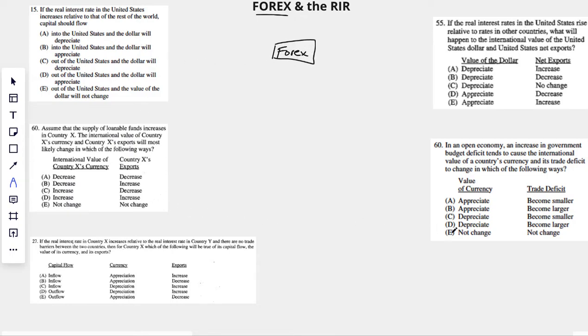These are all real interest rate questions from past exams having to do with a foreign exchange. So the way I think about the Forex is I have two countries, let's say the US and Japan, and we need to know how to draw the graph. We need to know which way money flows. Obviously, the real interest rate gives us some of that information, but let's just do a basic understanding